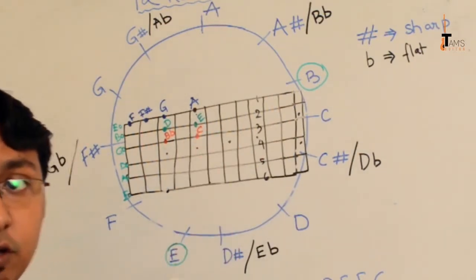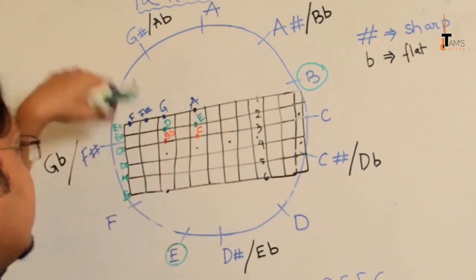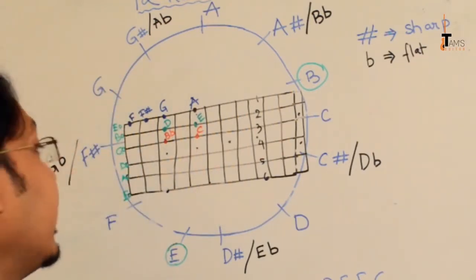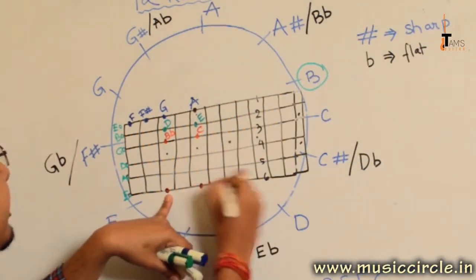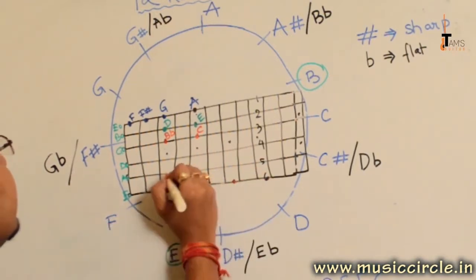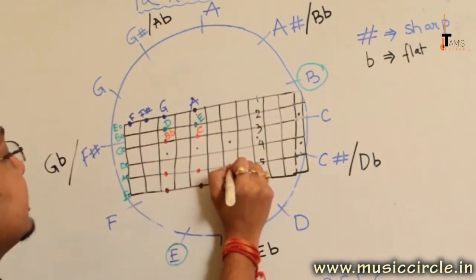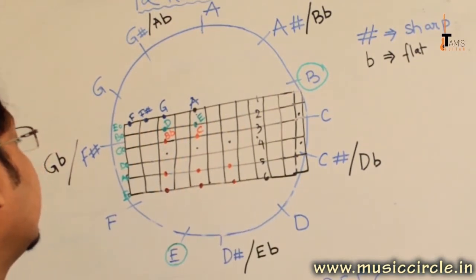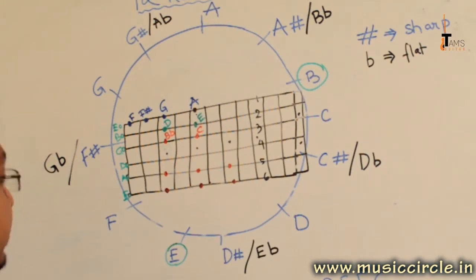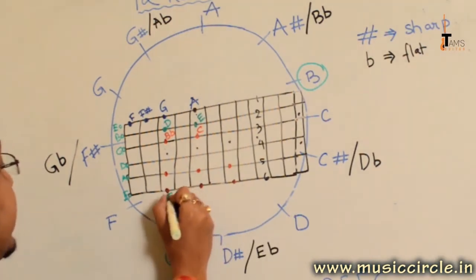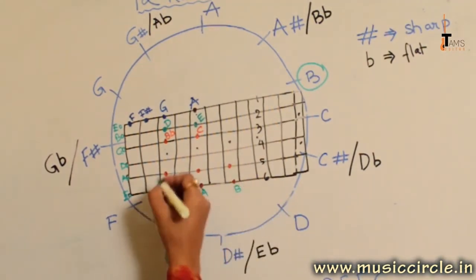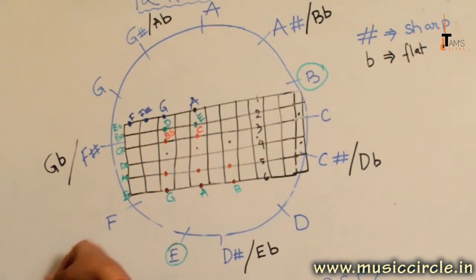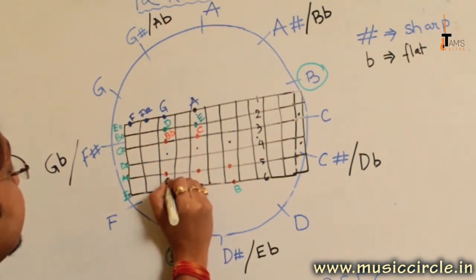And if you have already done the open position scales, then you might know these notes are plotted in the diagram that I have already provided. And the notes that you should memorize are these. The 3rd, 5th and the 7th on the 6th string, 3rd, 5th and the 7th on the 5th string. So 6th and 5th string. So I'll tell you, this is G, 3rd fret, 5th fret is A, 7th fret is B, and this one is C,